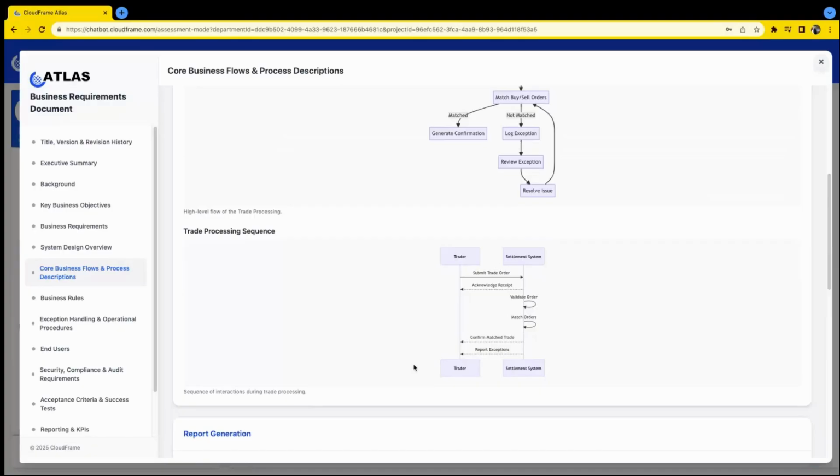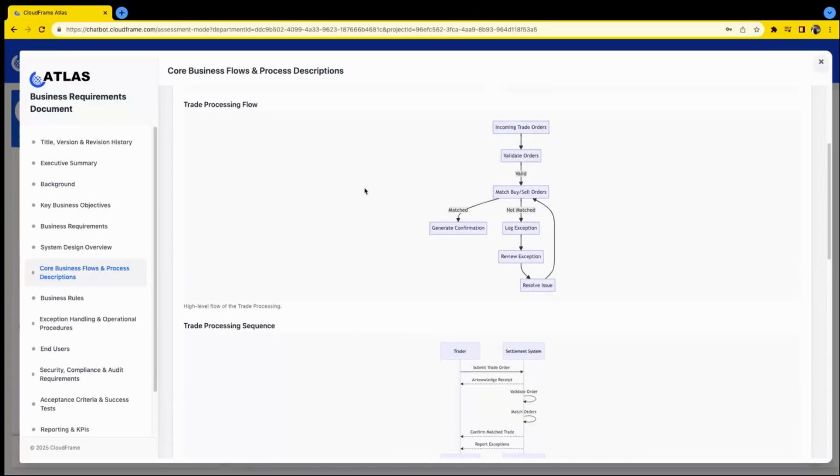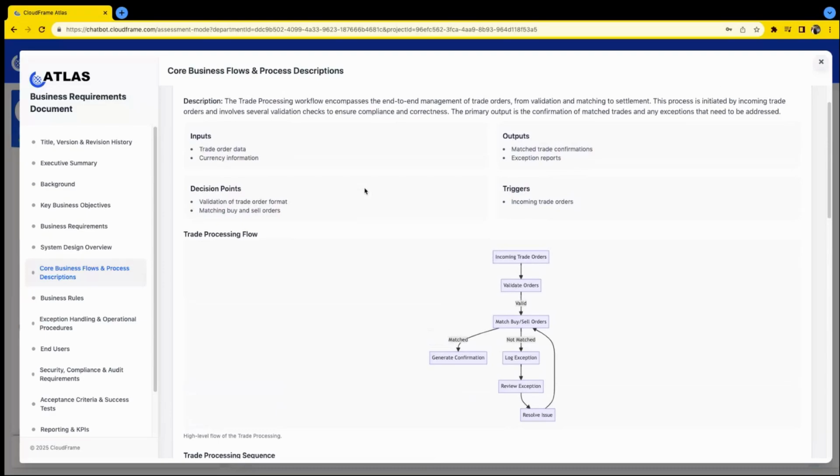And so coming from a software engineering background where I was working on mainframe modernization in a variety of facets, this BRD overall is a lot more detailed. It's clear, it's easy to understand. Compared to any BRD I've ever gotten from a business analyst, this really presents a very significant value component of Atlas. Now, one more thing I'd like to highlight here is that the BRD that's generated here is holistic to